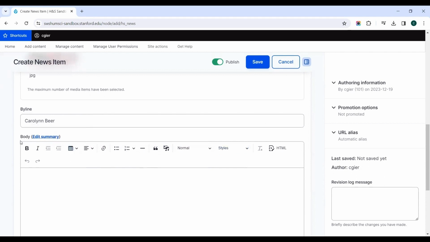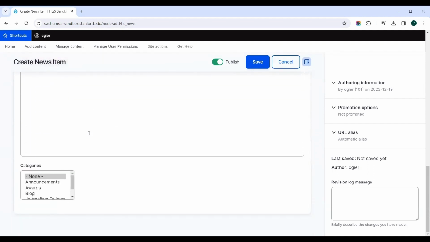And then here in the body, if you're creating your own news article or news item, you would write whatever you want it to say here. So you would talk about the student, why they received an award, what the award is for, etc. If you were inserting a news item from an article from the Stanford Daily, then maybe you would put a summary or interesting points from the article here. So you can have optional text